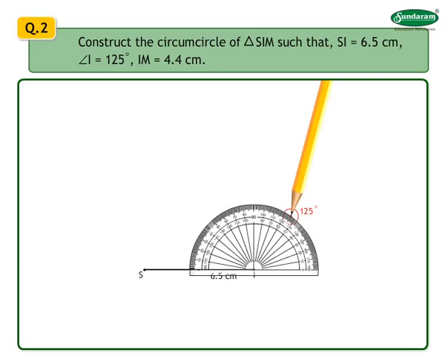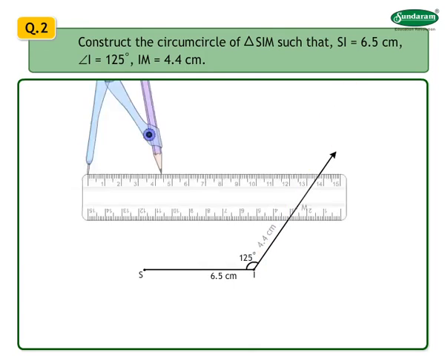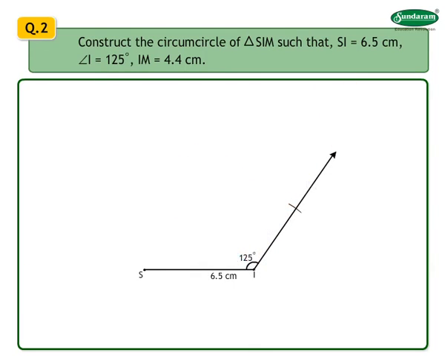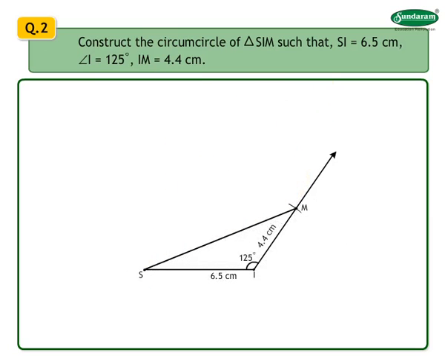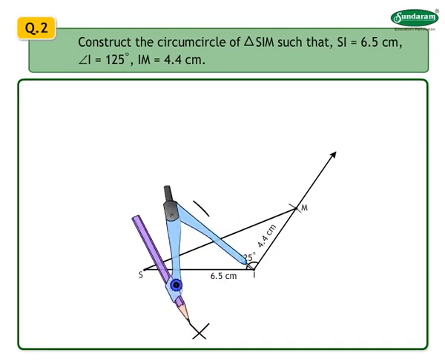Measure 125 degrees from point I and mark a point. Draw an arc from point I of length 4.4 centimeters and mark that point as M. Join IM. Also draw segment MS. Thus, we get the required triangle SIM. Now, keep the point of the compass first on point S, then on I, and draw intersecting arcs above and below